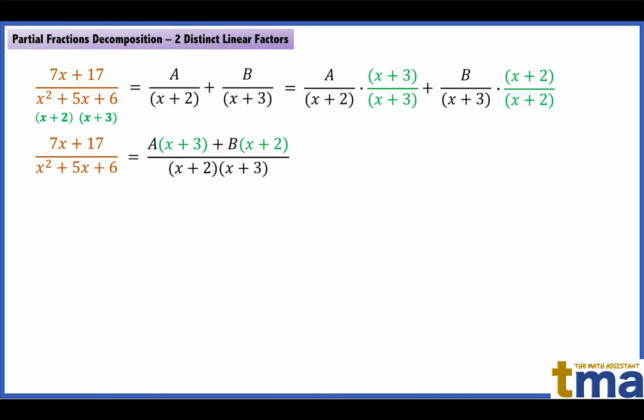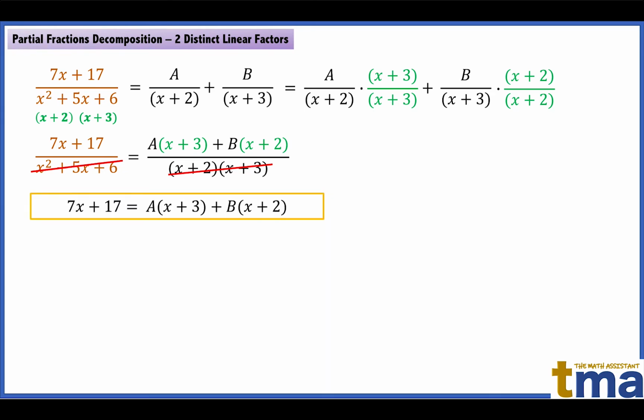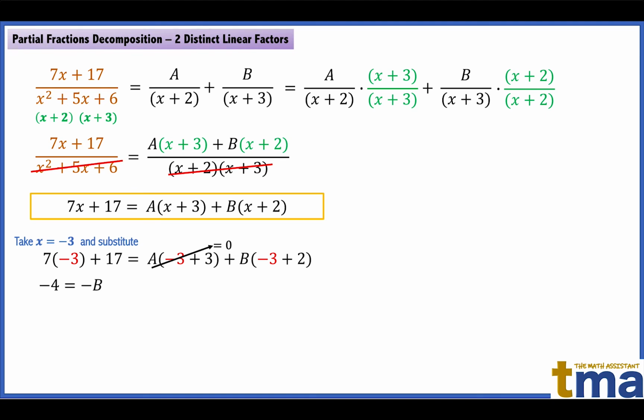By comparing the two sides of the equation, we can simply ignore or cancel the denominators, since they are exactly the same, and write an equation of the numerators only. To find the values of a and b, we choose x to be -3 and substitute in both sides of the equation in order to cancel a and find b. After simplifying both sides of the equation, we get -4 equals -b, and by dividing both sides by -1, we